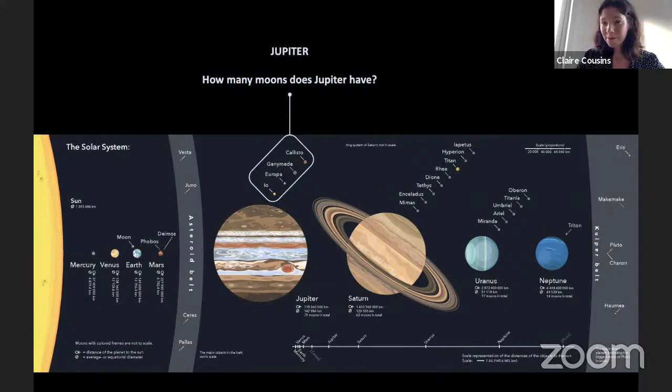I mean, you're pretty much bang on the money. As you can see on the slide, hopefully, Jupiter actually has loads of moons. It has 79 moons. This is a very different situation to what we're familiar with on our own planet, Earth. We just have our one little moon orbiting around us. But within all of these different moons around Jupiter, and also Saturn, which also has a large number of moons, this is where we find a huge diversity of icy moon worlds,